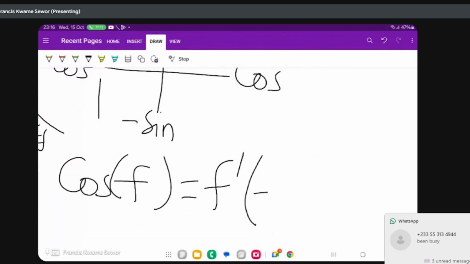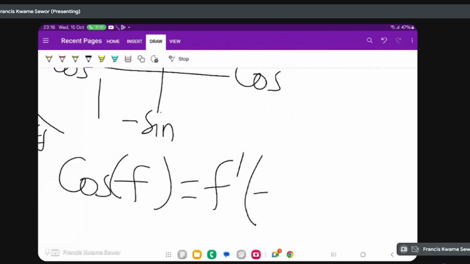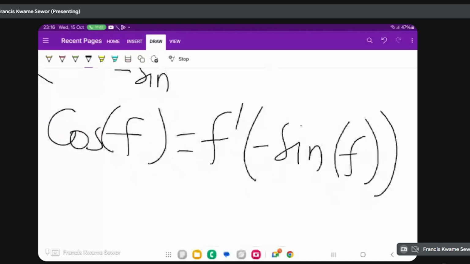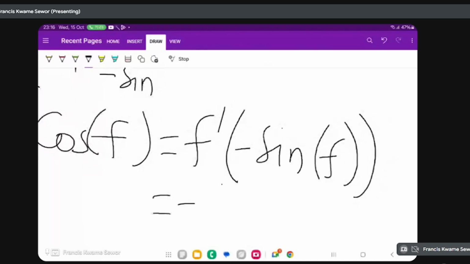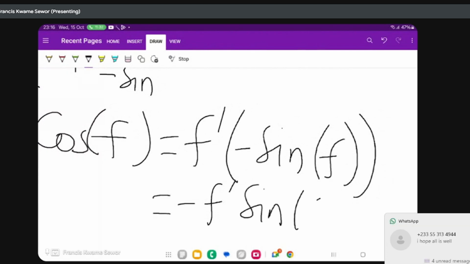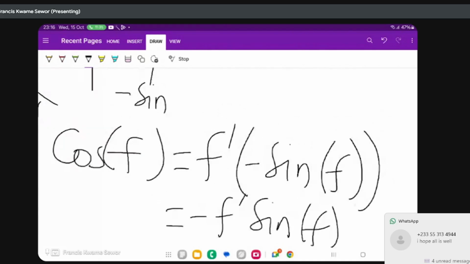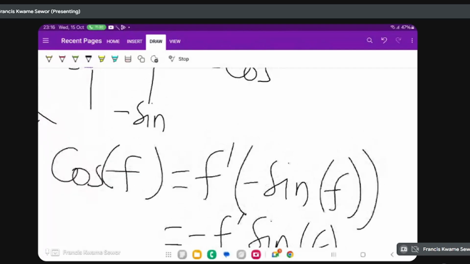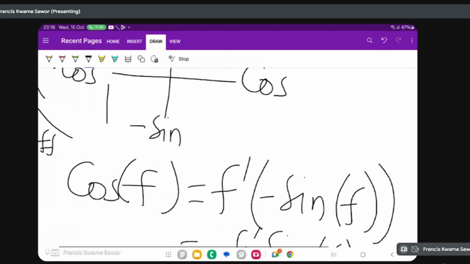Because it's coming with a negative, I would write negative sine. The function still comes back as f. You don't change the function. These are the basic things. So the actual answer will be negative f prime. If you already know that it will give you a negative, put a negative at the front and sine of f. By that, you'll be able to save yourself time. So these are simple ways of